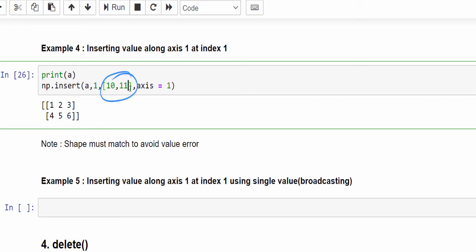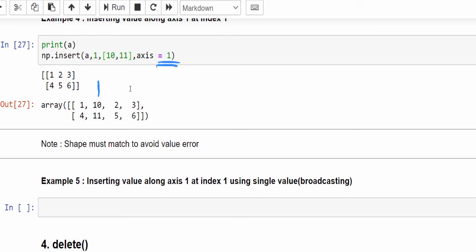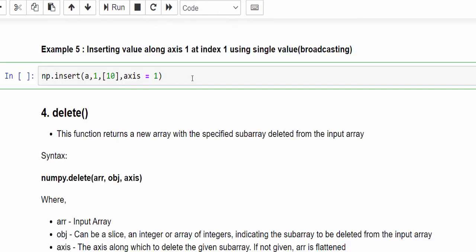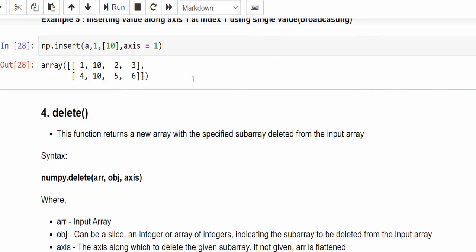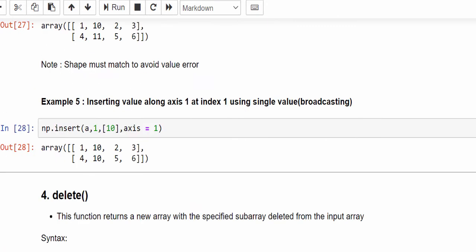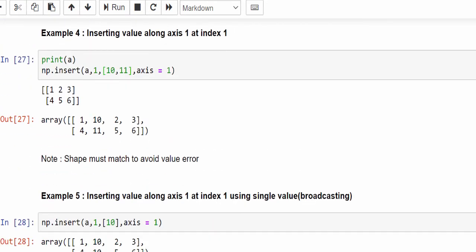Now the shape is perfect. So when we execute, column wise at index 1 it inserted 10 and 11. Same like the above example, if I mention just a single value, automatically broadcasting happens. If I mention 3 values, then it's a shape mismatch, but if I mention just 1 value, the broadcasting operation will work. So that's about the insert operation.